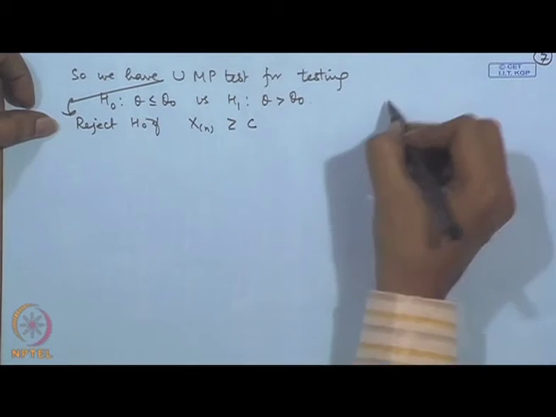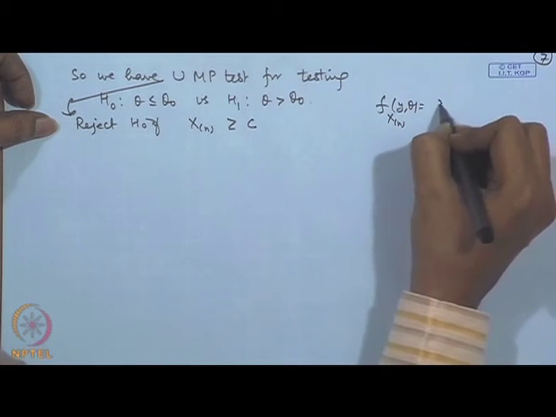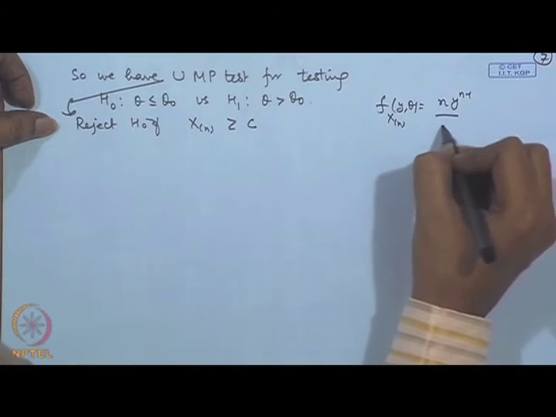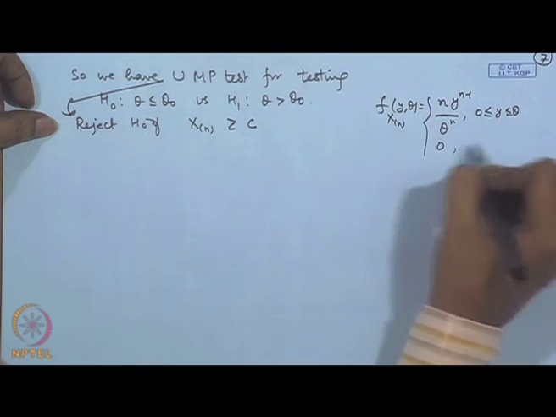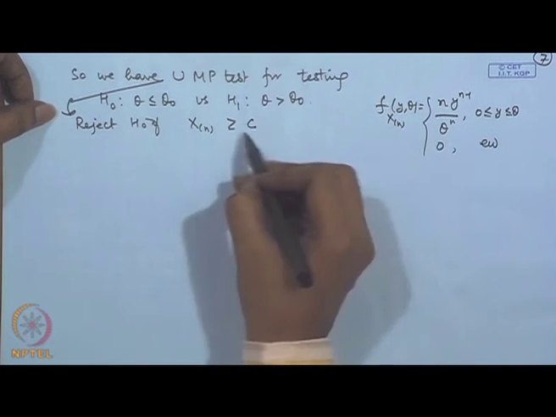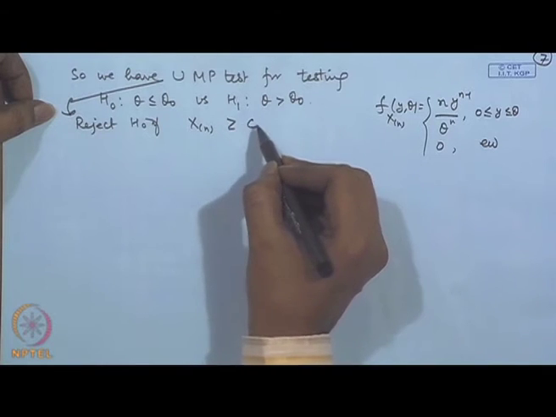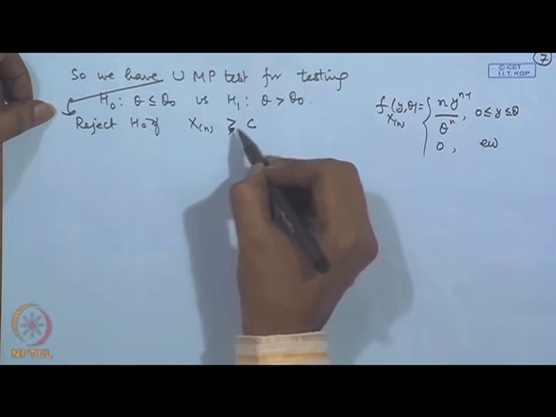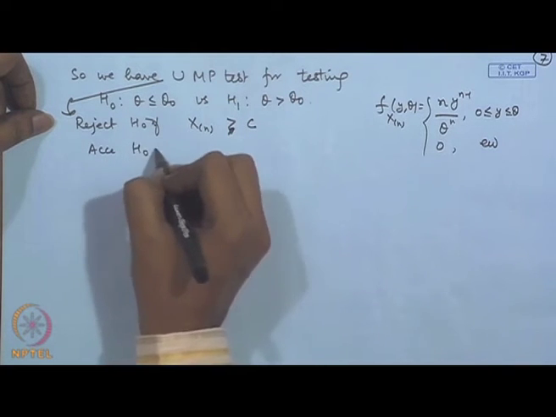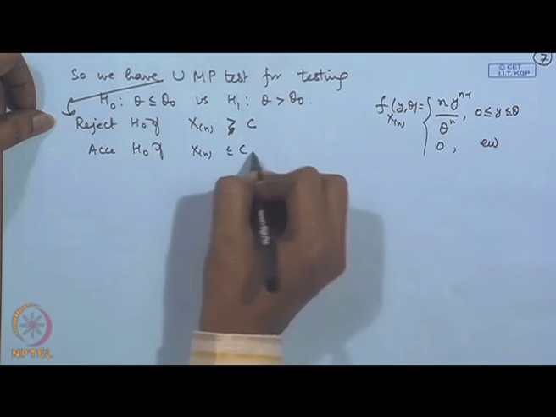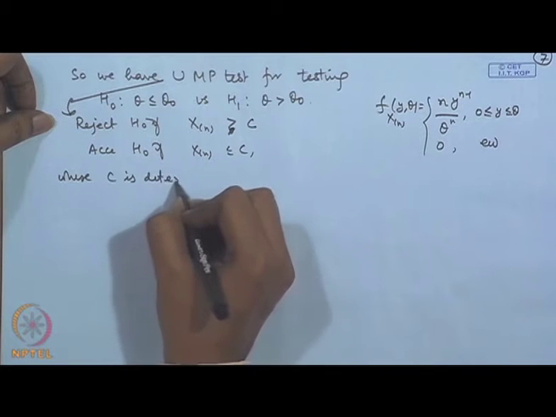This x(n) has a continuous distribution, with density n y to the power n minus 1 by theta to the power n. Therefore, we do not have to consider randomization; we can consider rejection for greater than or equal to or greater than, and acceptance if x(n) is less than or equal to c,